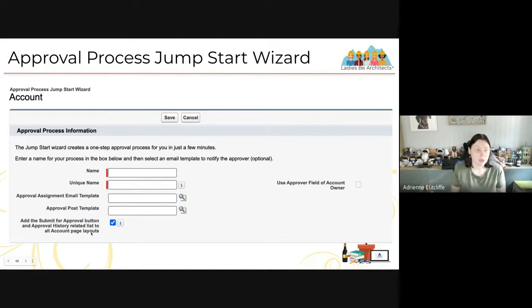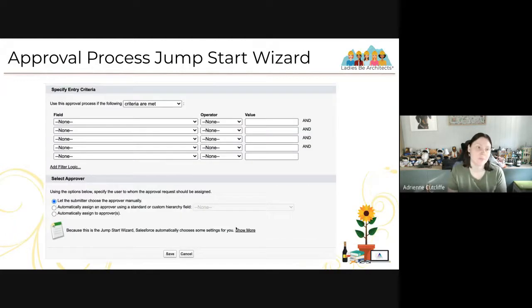So again, we mentioned there's two ways to do this. A user can manually hit submit for approval on a record, or we can have it submitted via process builder or flow. Then we've got some entry criteria. So this is what I was mentioning before, is that for some of these, you might want to have entry criteria on it. So we only want a record to be approved when there's a discount applied. If someone tries to submit an approval process and there's no discount on a record, then it doesn't need to